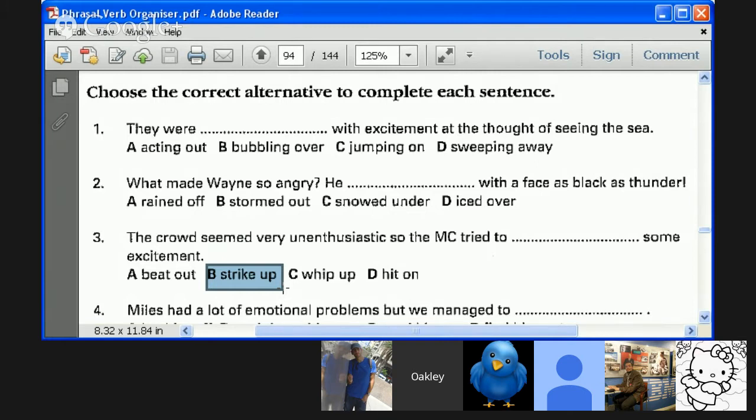Okay. In this case, I think whip up, your other choice, was more correct. We use whip up also to suddenly start something, or more like, instead of start, more of an idea of create something. He tried to create some excitement. And not just start some excitement, but create some excitement. We often use whip up for cooking. I'm going to whip up some lunch for us. I know you must be hungry. Let me whip up a little lunch. I'll whip up a couple sandwiches.